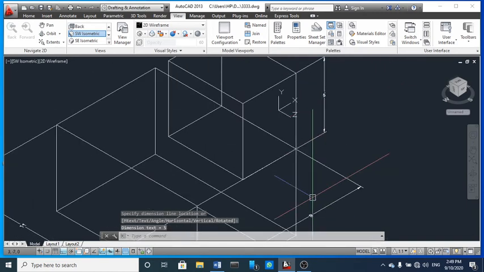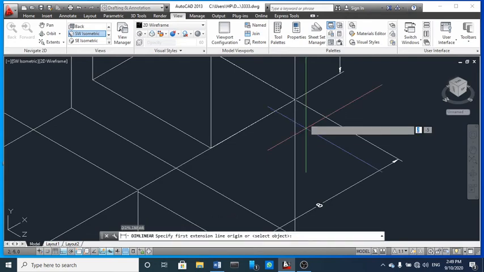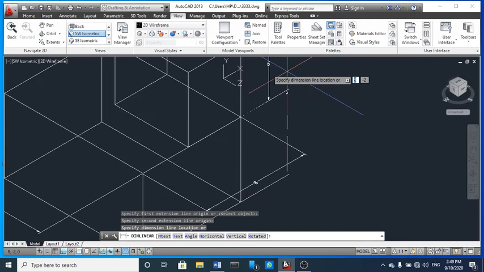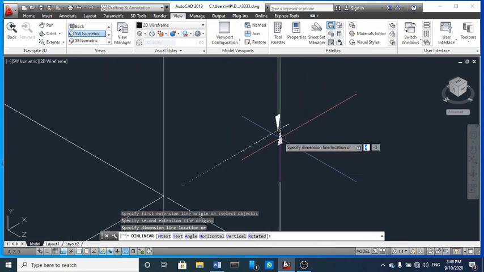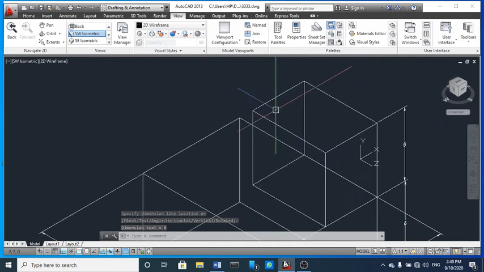You can see 5 units, as well as you can calculate for this line also. So I'm going to type DLI. So you can see here, and let's come to this section also.